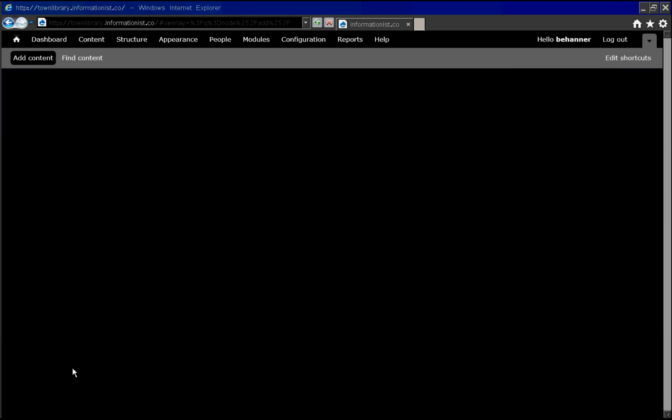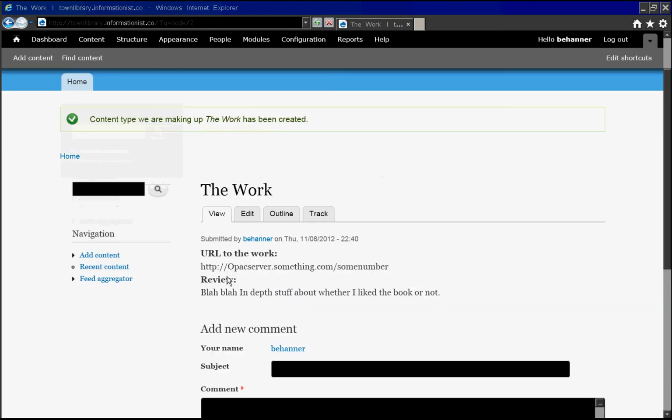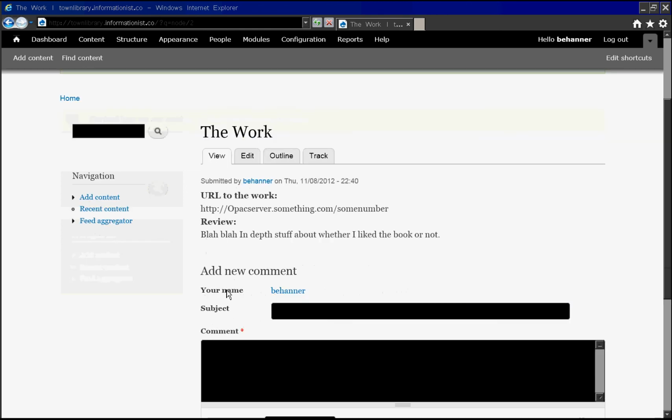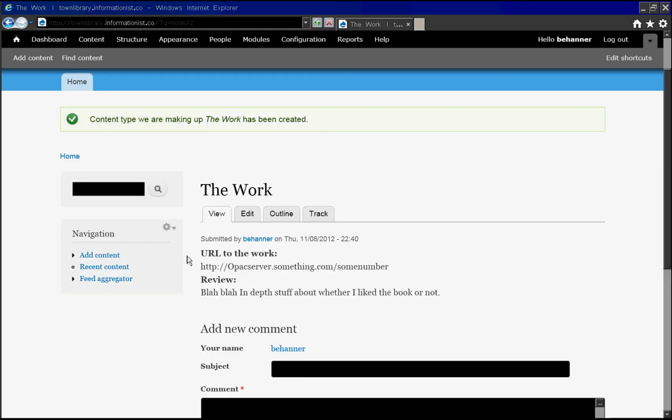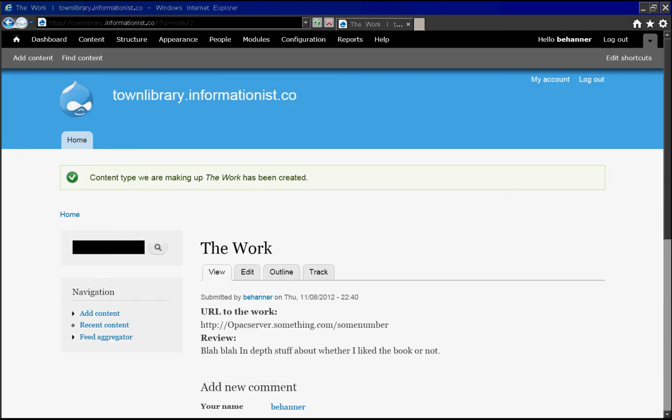Now we save it, and now it's the work. And this is the administrator's view. The normal view doesn't have these. These tabs only exist if you're able to do something with it. And then we can actually change how this is done. But I'm going to stop and